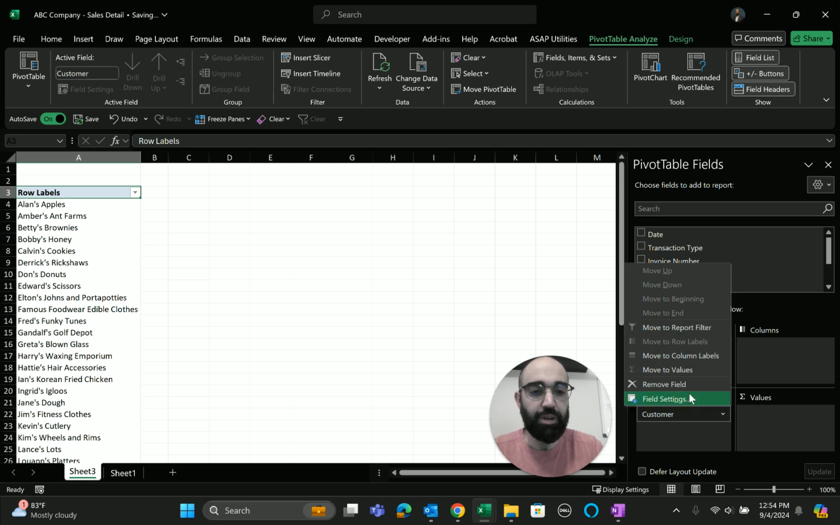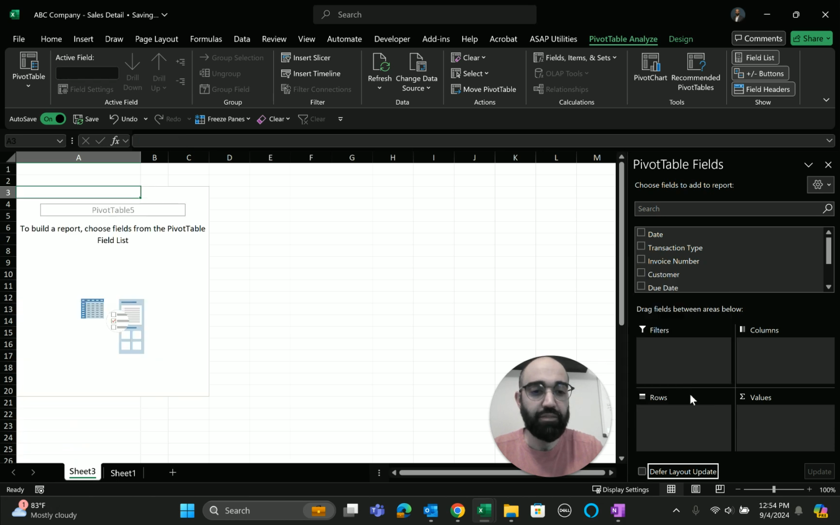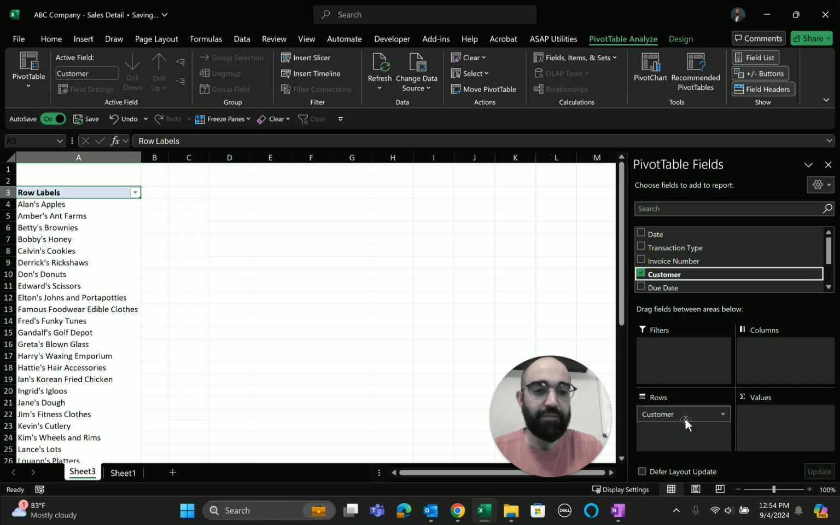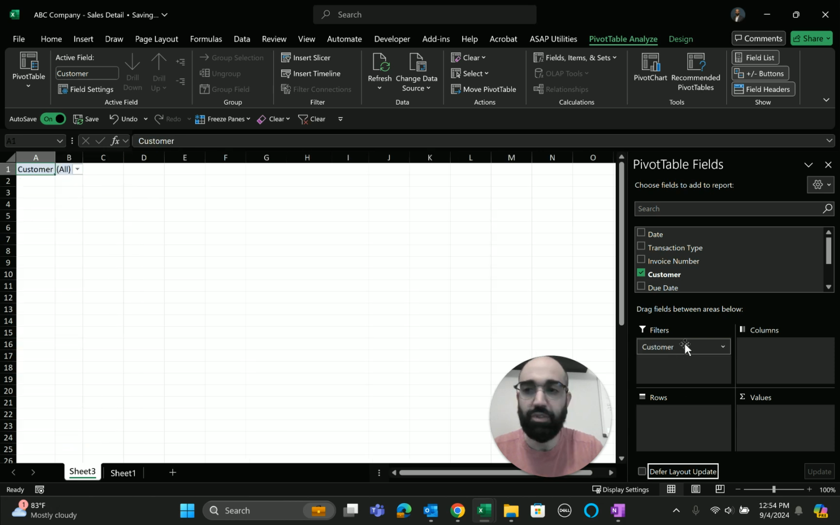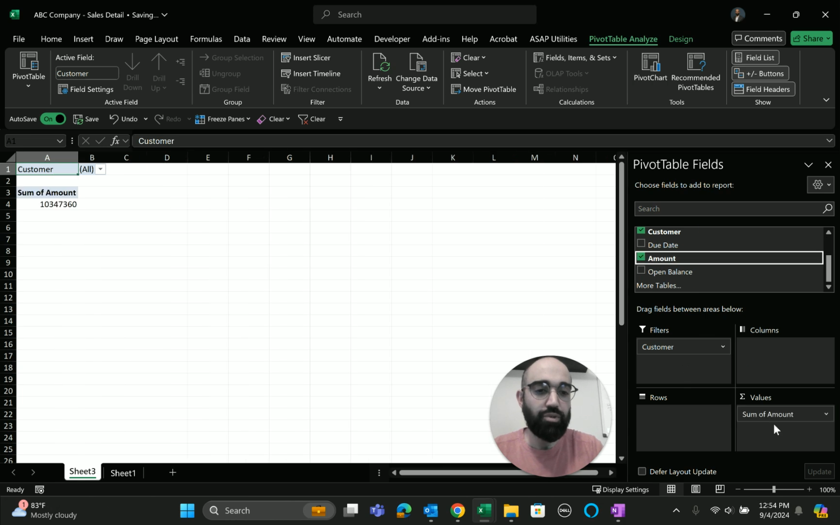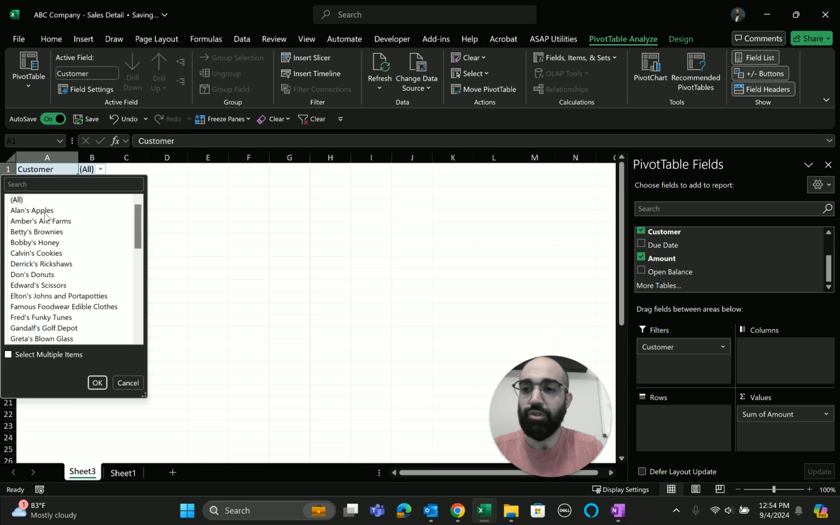I can left click this button here to remove that from my rows table here, or I can click and drag. And if I want to change this and say, you know what, instead of showing as rows, let me move it to my filter, I can just click and drag it up to one of these different boxes. Let's say I want to summarize by amount, and using the filter, I can just select either one customer or multiple customers